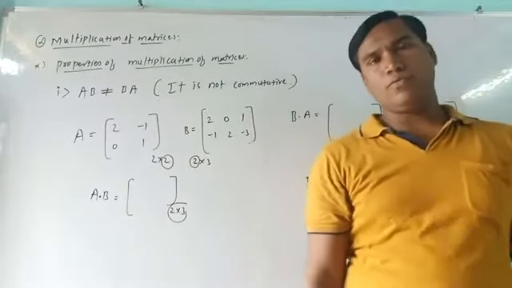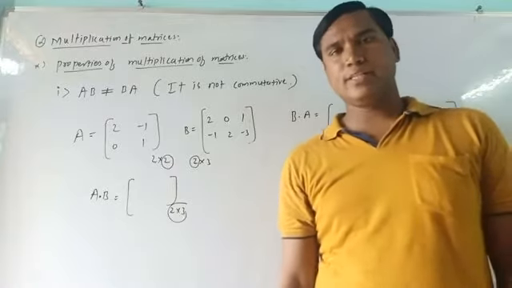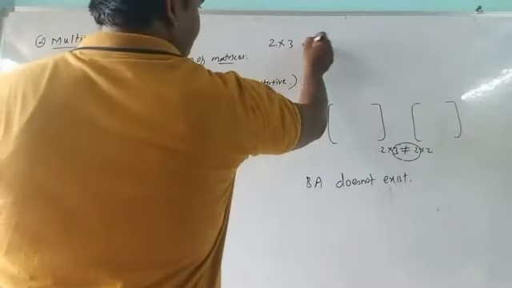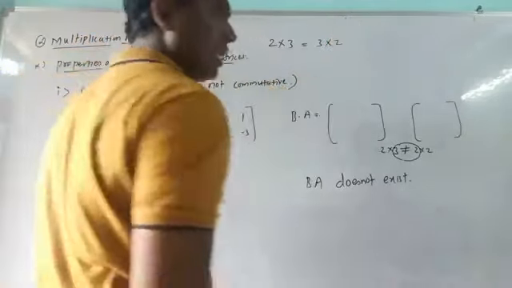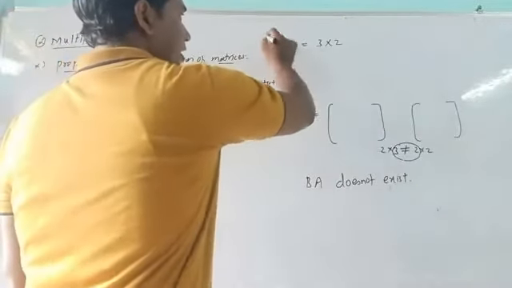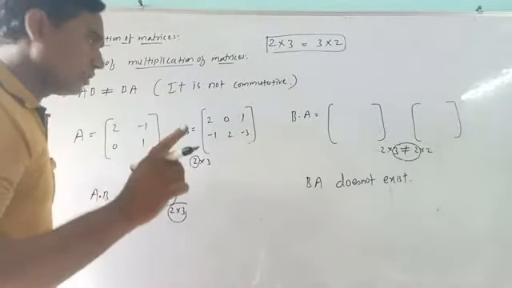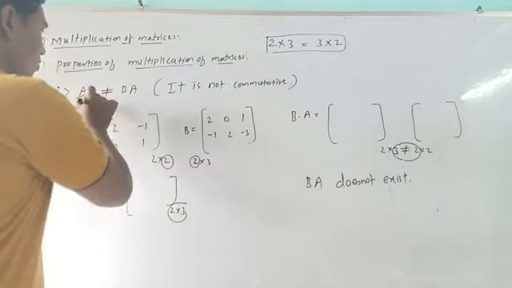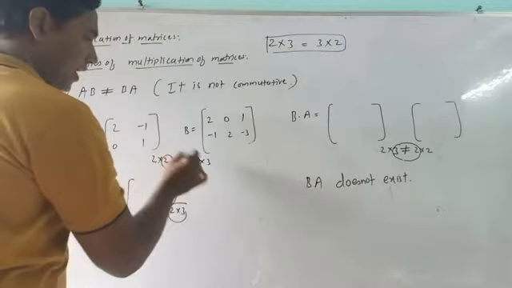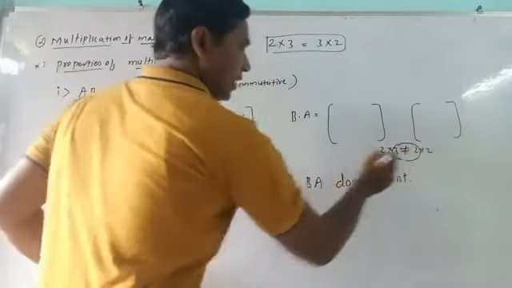Because up till now, as far as our knowledge is concerned, up to standard 10th, if you write 2 into 3, or we can write 3 into 2, both give the same result in multiplication. 2 times 3 is 6 and 3 times 2 is 6. But here, in the case of matrix multiplication, it is not always possible. Because there are steps: once we apply these steps, if the condition is satisfied, then and only then we can multiply.